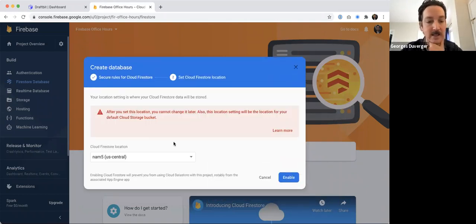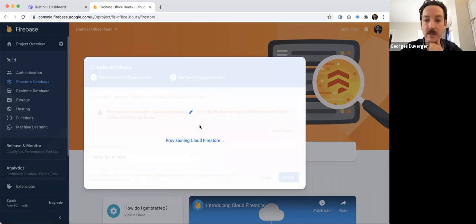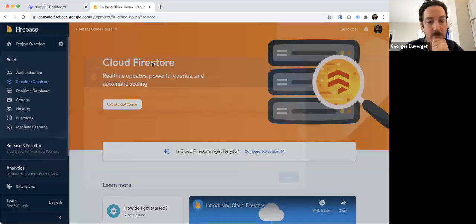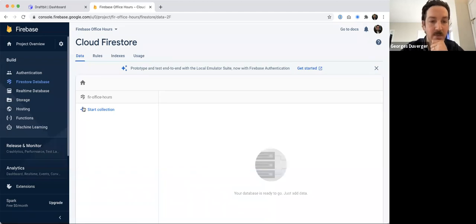So I'm going to go next. I'm going to give it a location just so it's more responsive and scales better. And then as soon as it's done provisioning, we can actually see what the database looks like. Okay, so here it is. So this is my